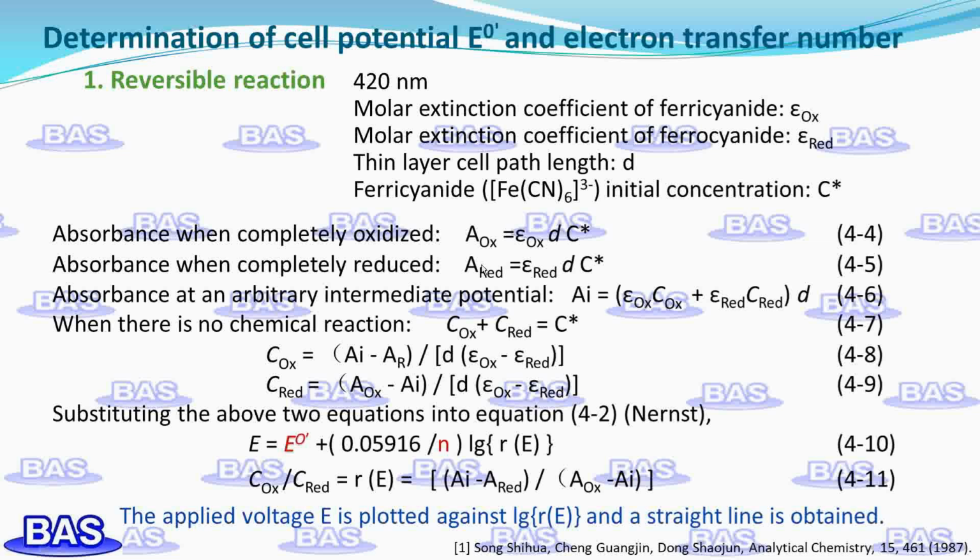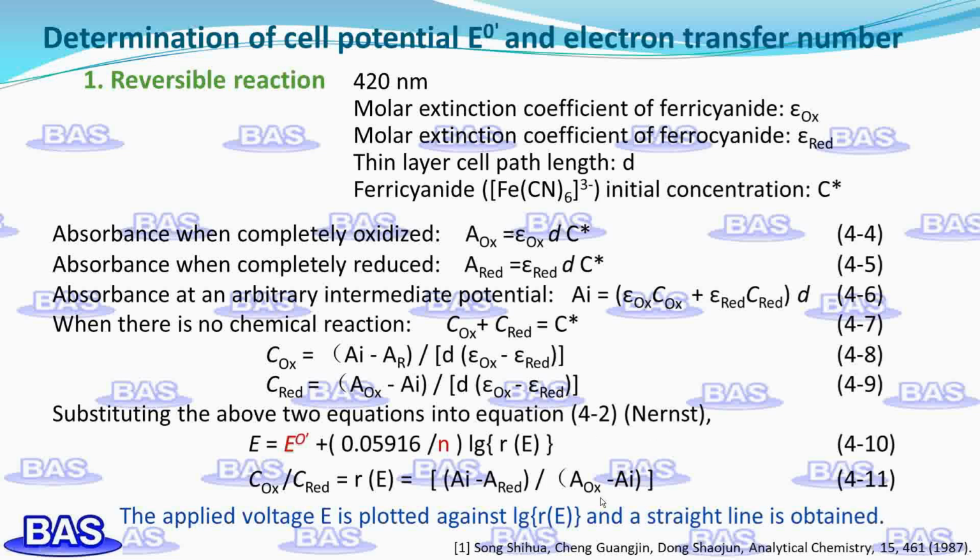Absorbance when completely reduced, equation 4.5. Absorbance at an arbitrary intermediate potential, equation 4.6. And the concentration when there is no chemical reaction, equation 4.7. The concentration for oxidation reaction, equation 4.8. And the concentration for the reduction reaction, equation 4.9. Substituting the above 2 equations into the Nernst equation, we get